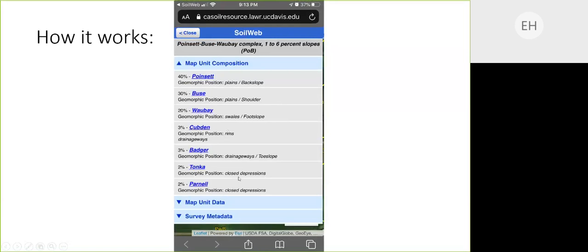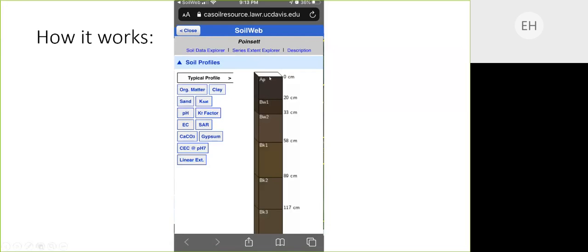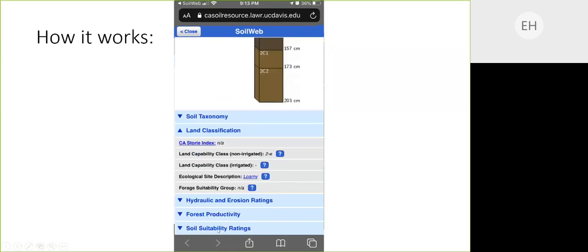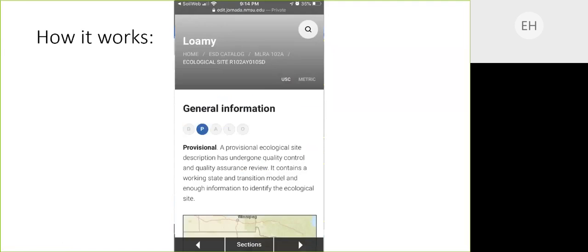And then you can click on the map unit itself, and it'll give you again the soil profile picture. You can scroll down and get the same information. And I really like this part of the web app, because when you click on the ecological site description here, it'll actually take you to the ecological site description in EDIT, which is where NRCS stores all of the ecological site descriptions across the United States. So then this will give you information on the soil and what types of plants occur there, and different information